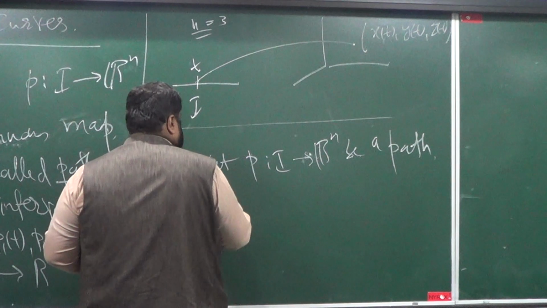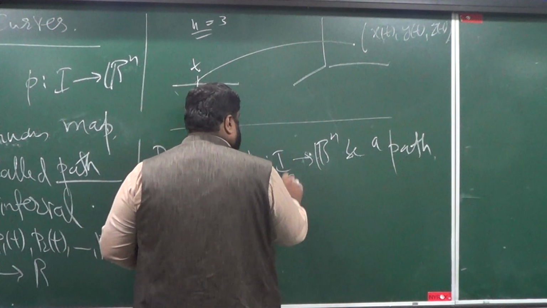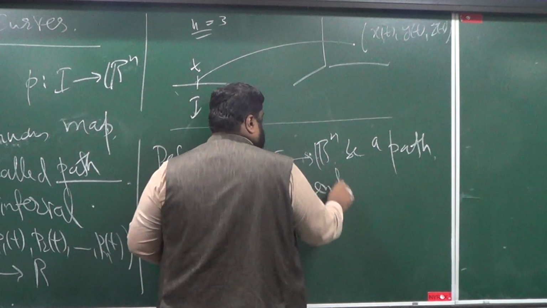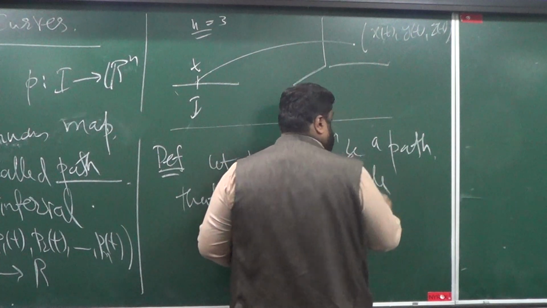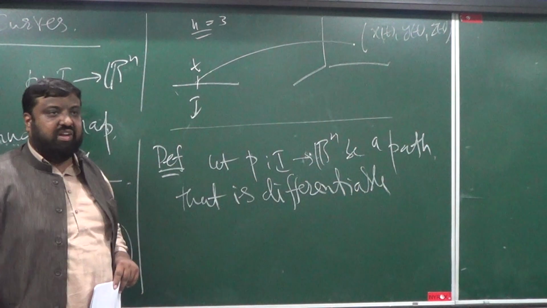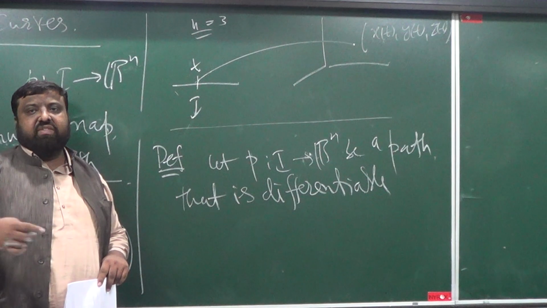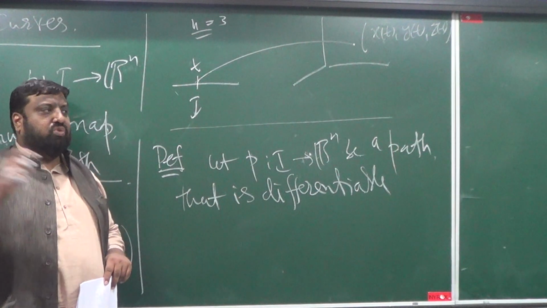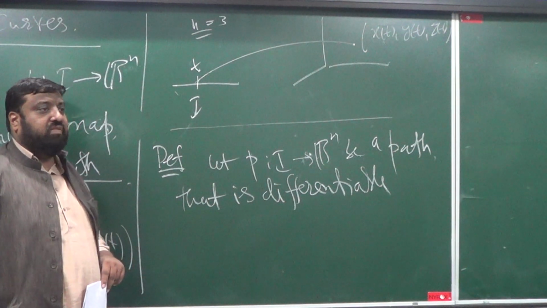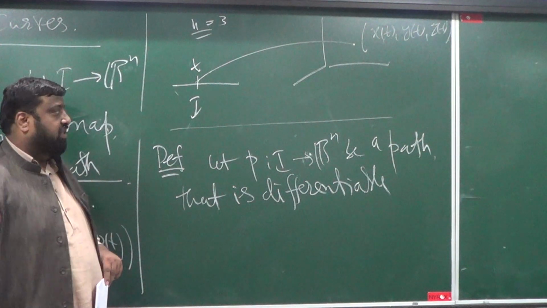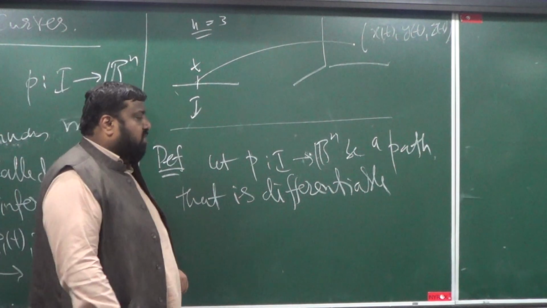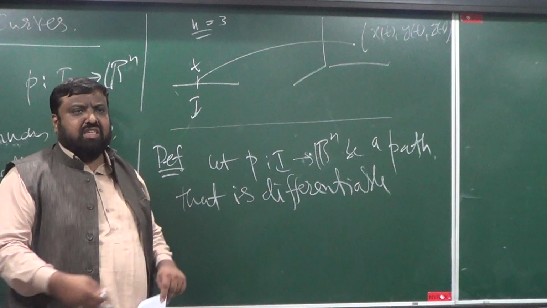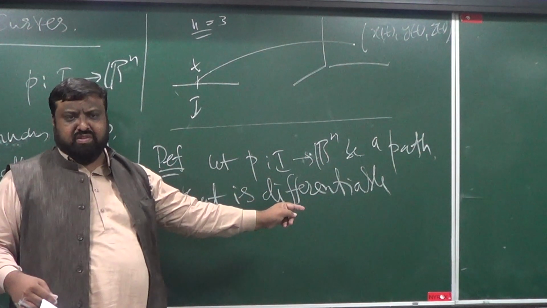That is differentiable. Okay. That is differentiable. What is the meaning of differentiability of a path? That you have a map and you are also assuming that it's differentiable, in other words, its Fréchet derivative exists. Okay. And we know for the path the Fréchet derivative is easy, just simply differentiate with respect to time